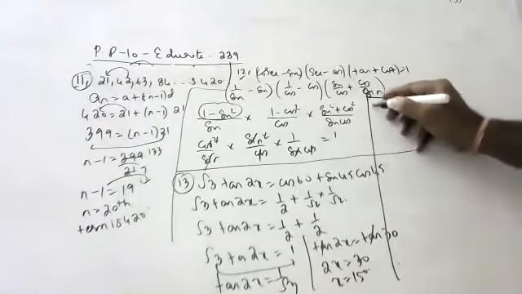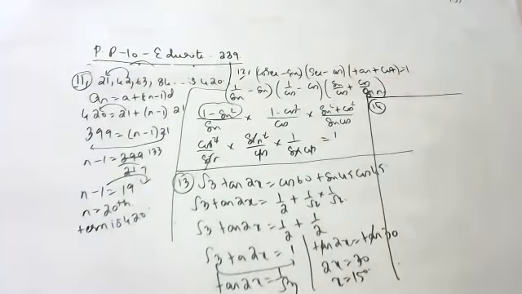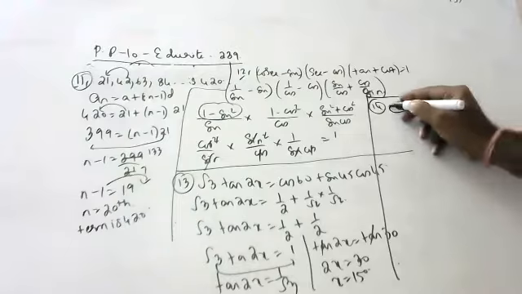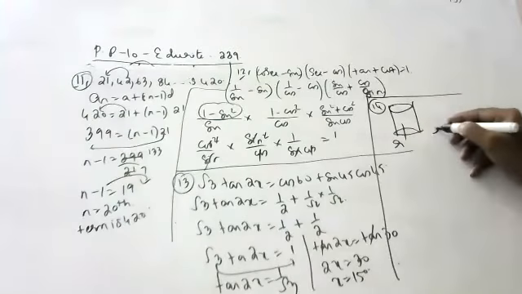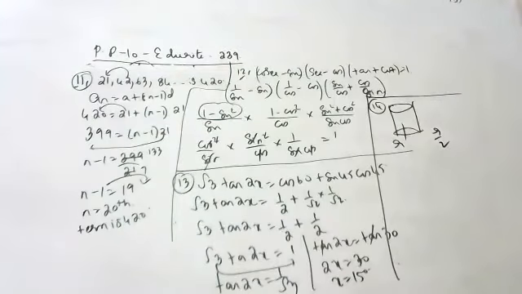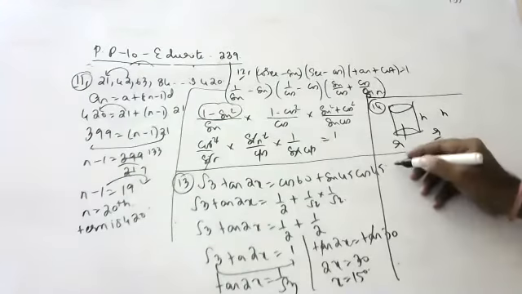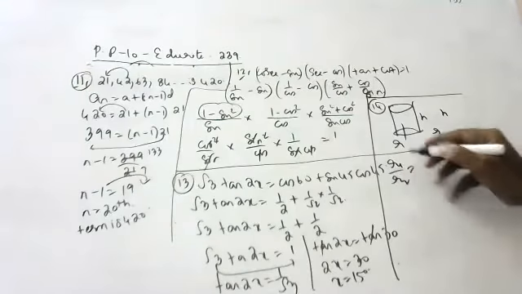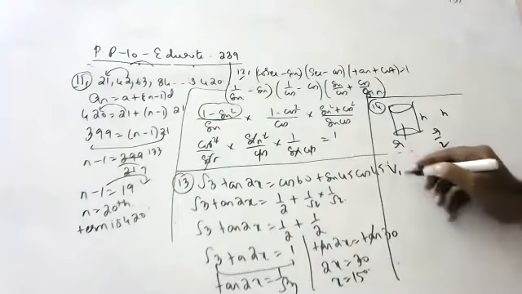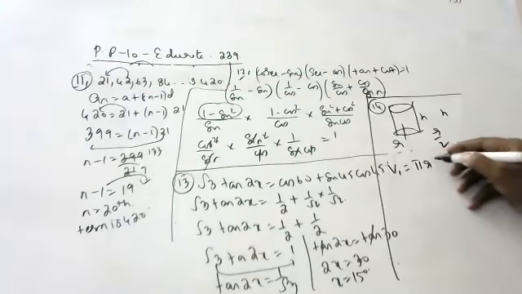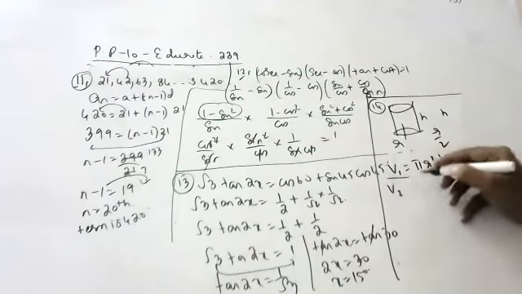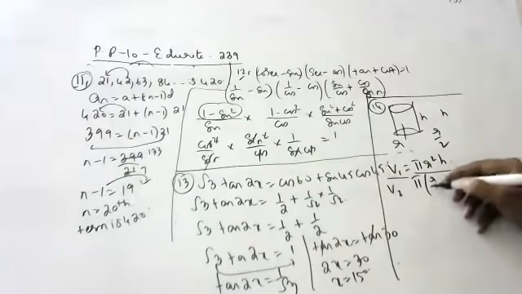Do you have a sum with you? Putting some. If the radius of the base of a right circular cylinder is halved, keeping the height same, find the ratio of the volume of the reduced cylinder to that of the original. Ratio of reduced cylinder to original. So volume of the original cylinder is how much now? pi r square h.